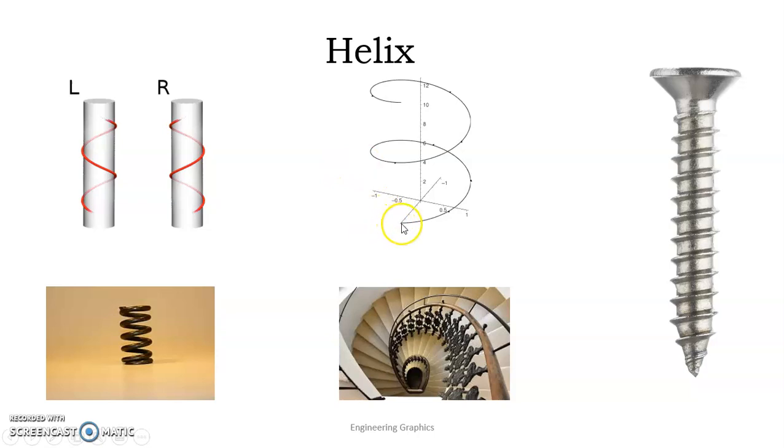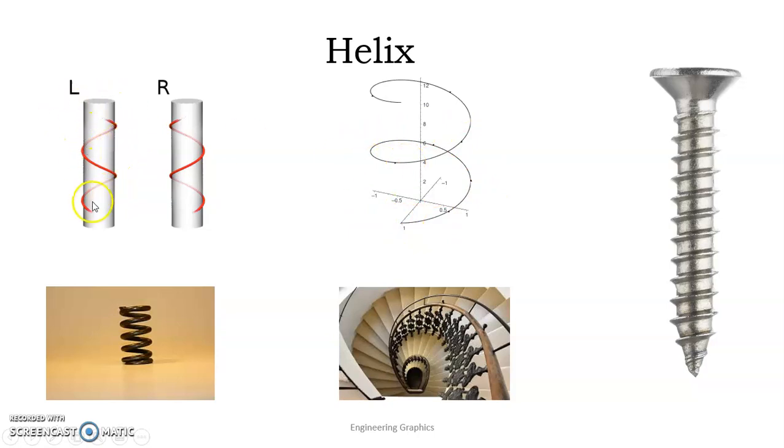The diameter of a helix is the diameter of the cylinder on which the helix is drawn, and the pitch is this: if we wound a thread around a cylinder for one complete revolution, then it will start from point 1. Suppose this is the starting point, and it will take one complete revolution and reach some imaginary point, suppose point A. So the actual distance traveled by the curve, the vertical distance, is known as the pitch. On the cylinder, it can have one revolution, two revolutions, or n number of revolutions.